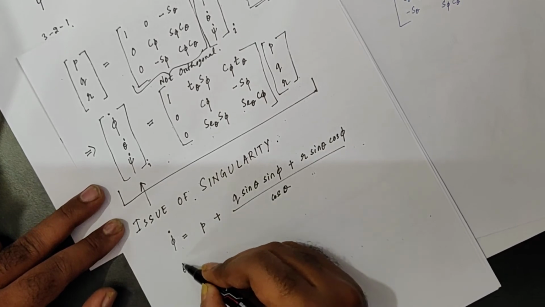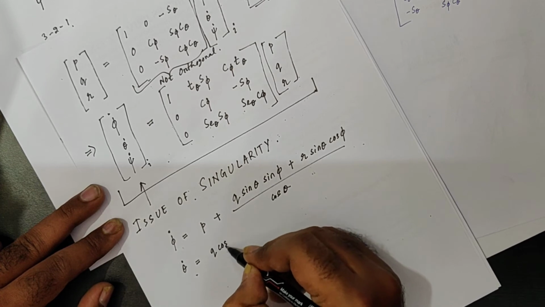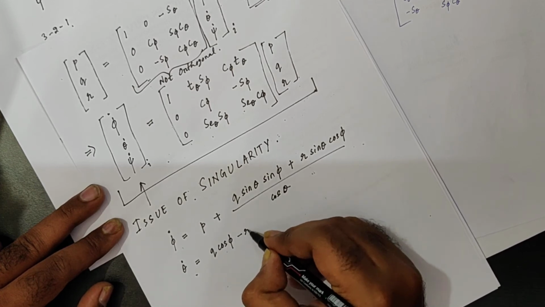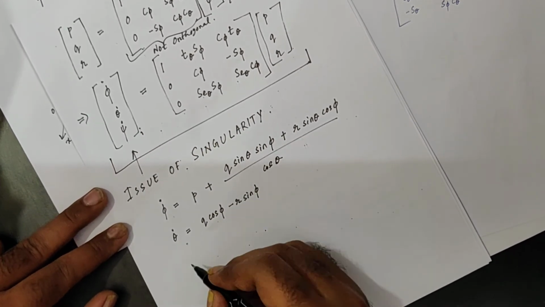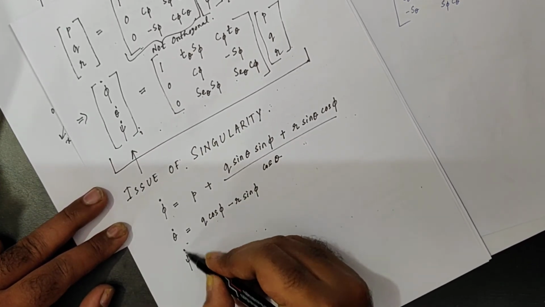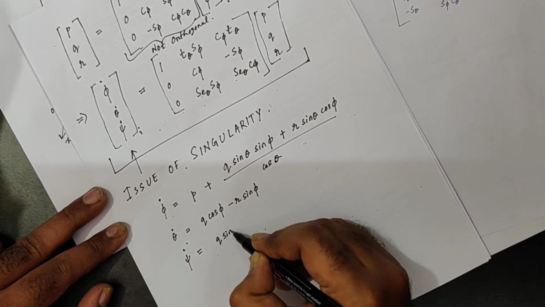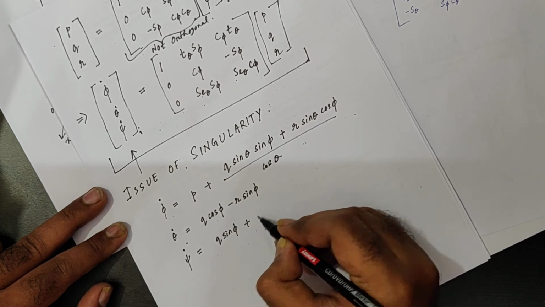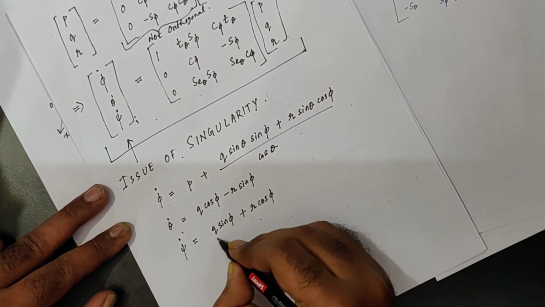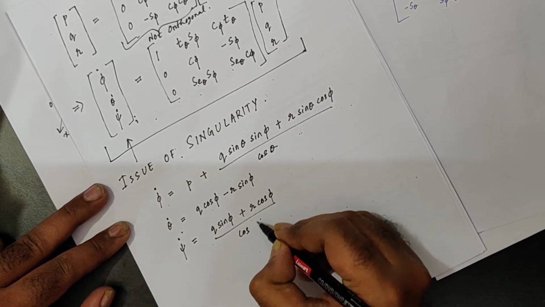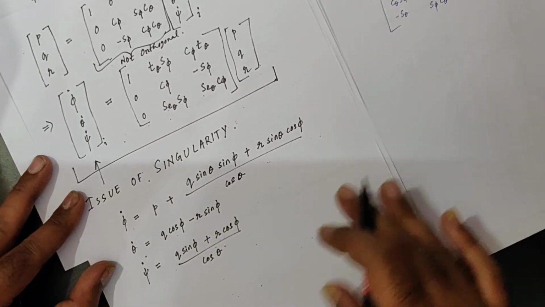Similarly, theta dot equals Q cos phi minus R sin phi. Next, psi dot equals Q sin phi plus R cos phi, divided by cos theta. So the limitation